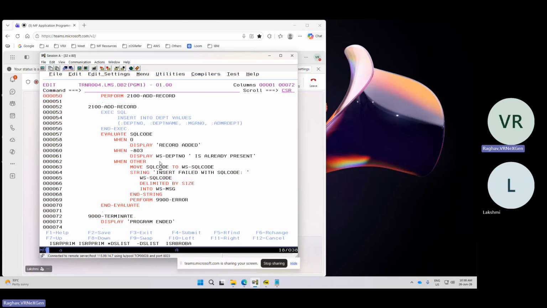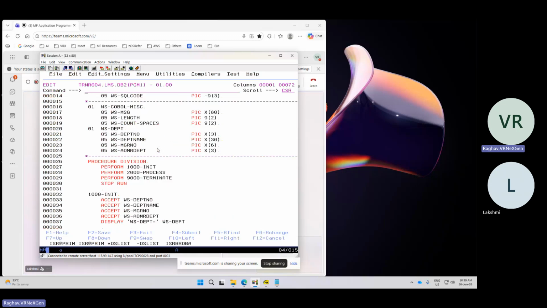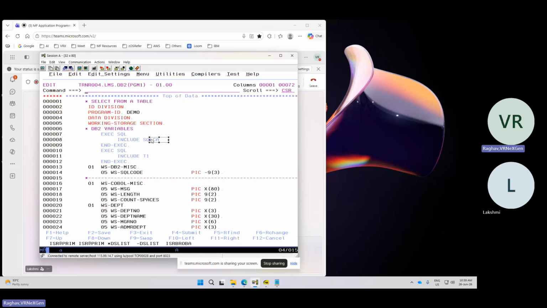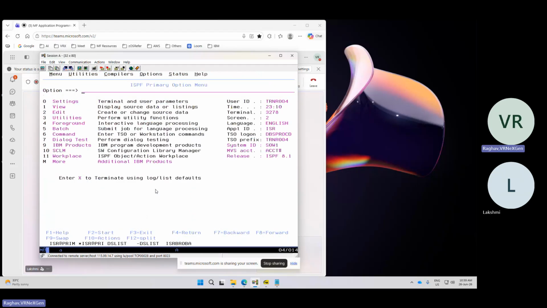Where the SQL code will come, it will be in the SQLCA. That variable we did not declare. That variable will be inside this copybook. This is a DB2 system copybook, which will be automatically taken by the pre-compiler. Okay, so the program part is only this much. Program part is easy. So the only thing is the JCL part you have to understand. So let's